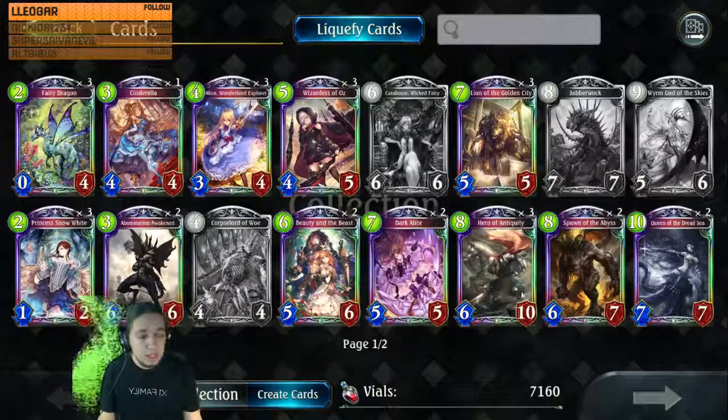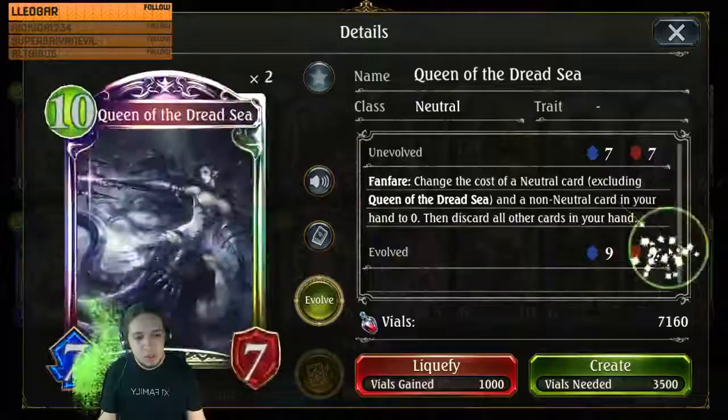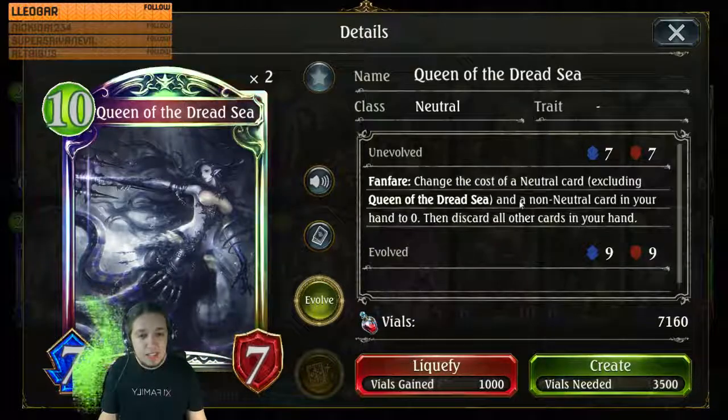So yeah, definitely try Worm God if you have it. Definitely try Queen of the Dread Sea. And also, another fun idea with Queen of the Dread Sea is that I actually realized that this